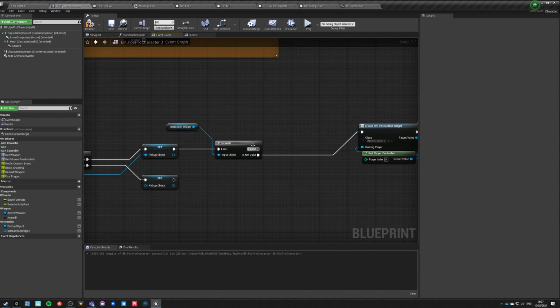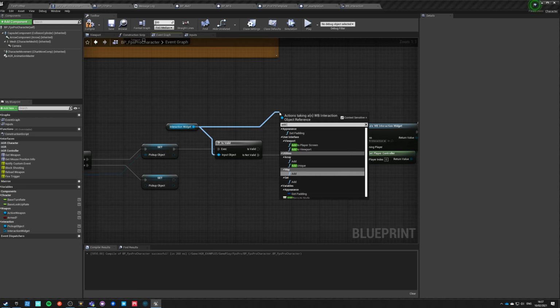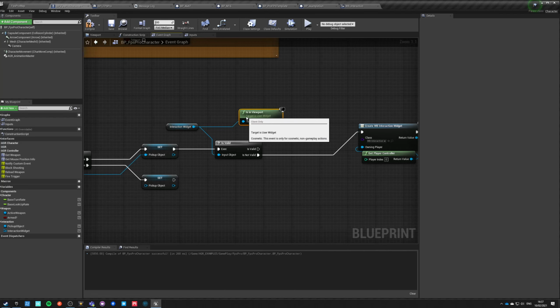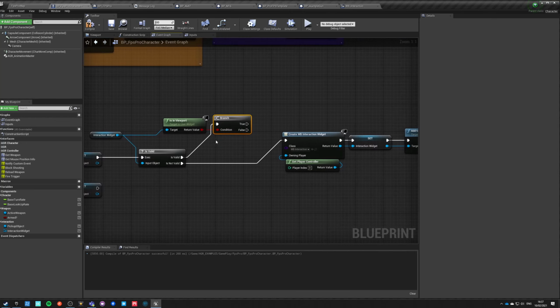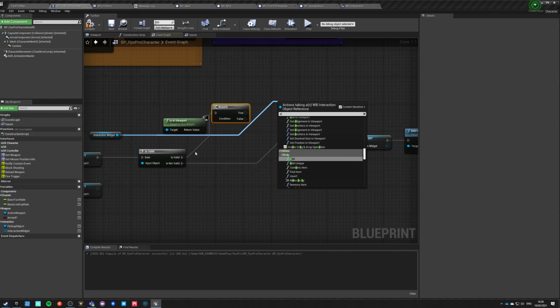If it is valid, so it already got created, we need to check if it is in viewport, because in the previous frame it might have been added to viewport. So if it is true, we do nothing, but if it's false, then we get our interaction widget and add to viewport.